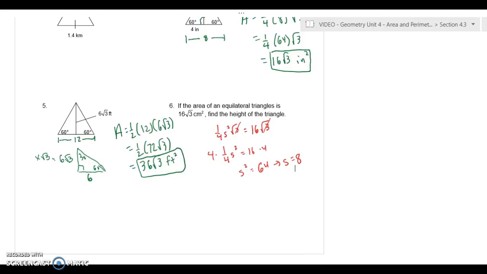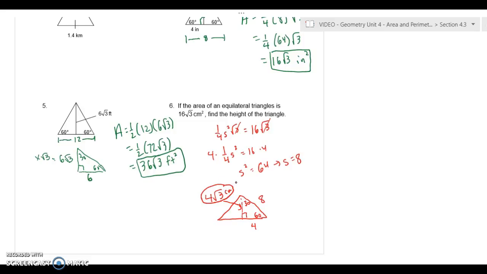But I'm asked to find the height of the triangle. So to do this, I'm going to draw in my equilateral triangle. Again, side of 8. Drop your altitude, because that's what we're trying to find. There's our 60 and our 30. If this is 8, then this part here would be 4. And then this is the root 3 component. 4 root 3